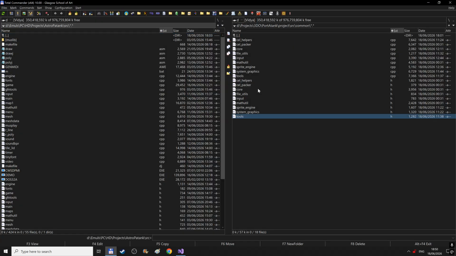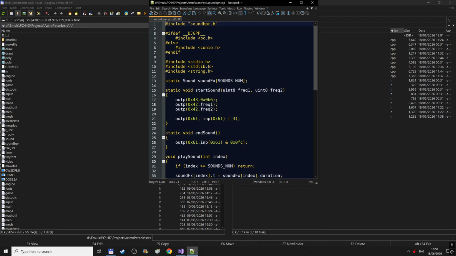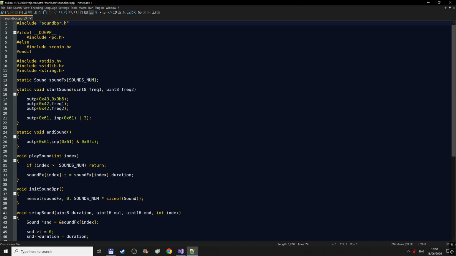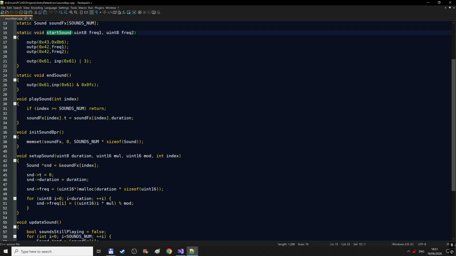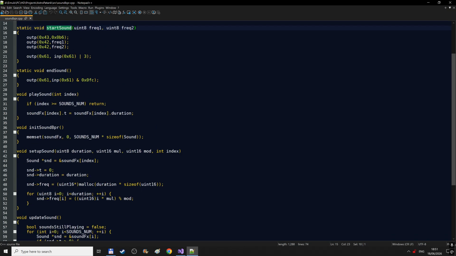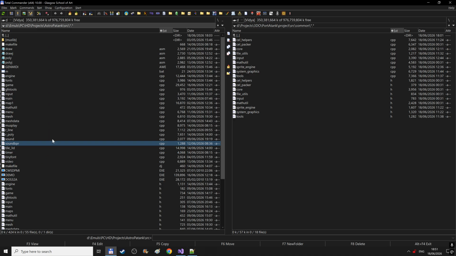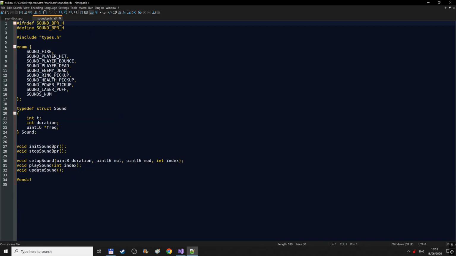It will be interesting because I'm not familiar with code audio, but I did the simplest thing possible. I figured out that with the PC beeper, you just have to send some frequency. It's a low and high frequency. And I'm sending this every frame, 70 times per second. I thought, how can I play sound? And I made the simplest thing possible, which is nice. I made a nice track that has